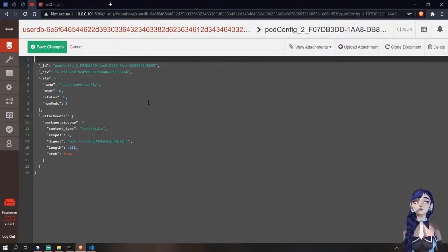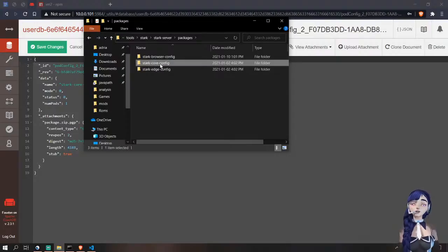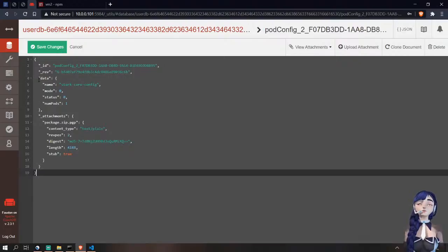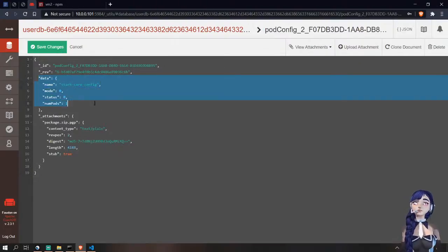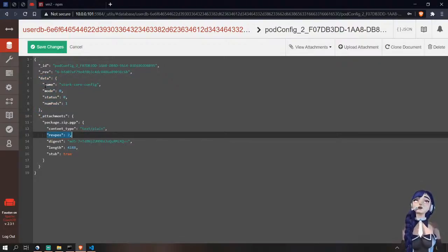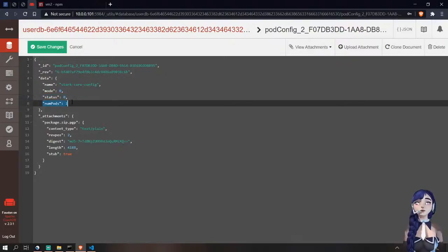So the part that I hid from last week that I've been working on is essentially running packages from here. These get bootstrapped automatically. And what I didn't show you is the fact that I watch this entity, the pod config, and if something changes, like the attachment revision, or the status to stop, or the number of pods here,